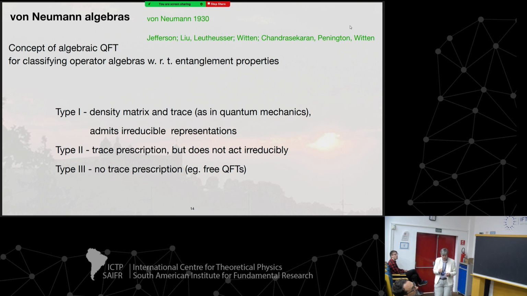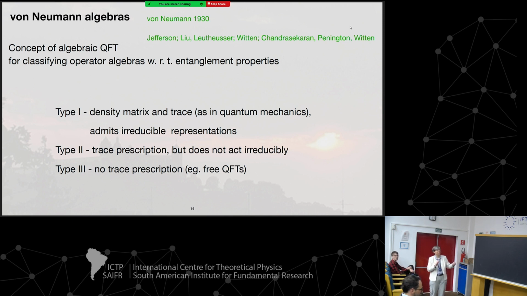Okay, and I will show you that these Berry phases actually have a very important role in the context of the so-called von Neumann algebras. So before I go into what the relation is, let me just extremely briefly review what a von Neumann algebra is. It goes back to the Hungarian mathematician and physicist John von Neumann, who did an amazing variety of different things in quantum mechanics, mathematics, and lots of fields.